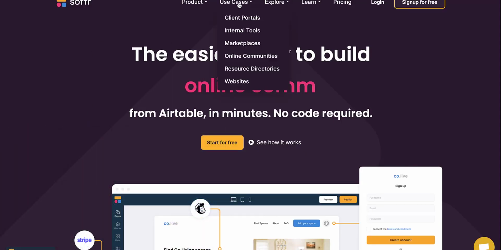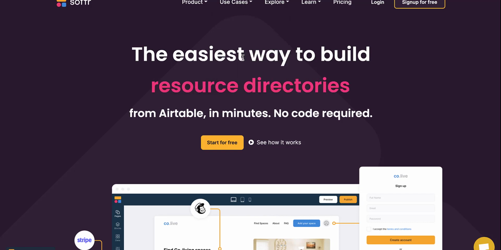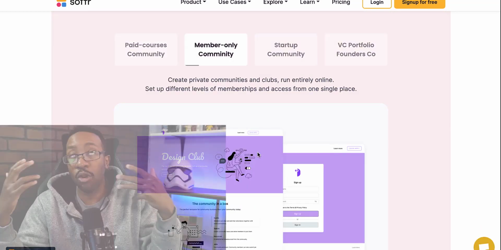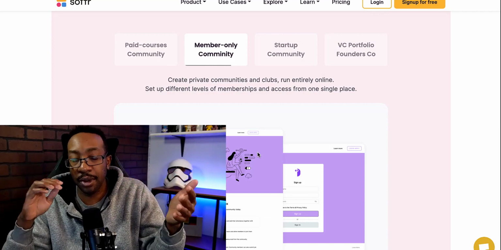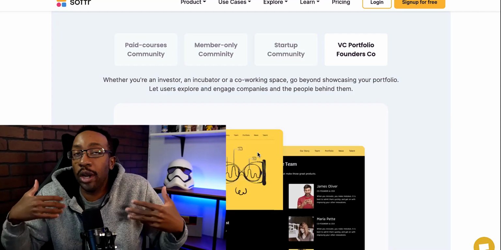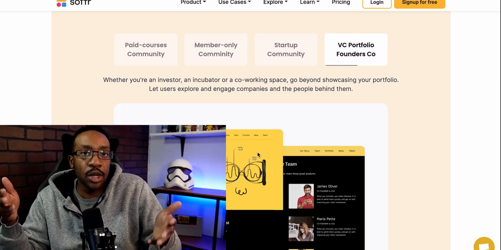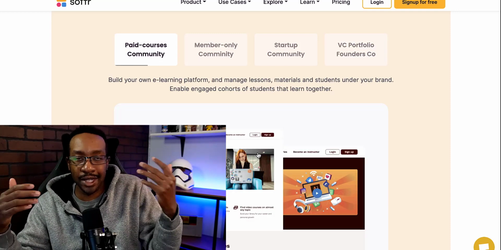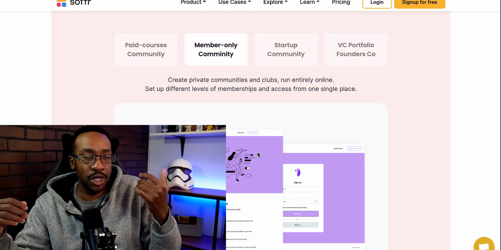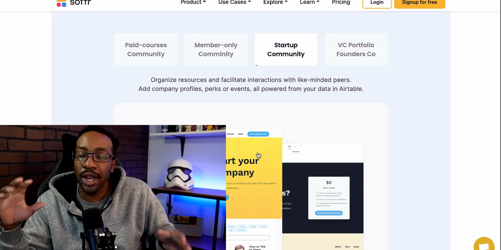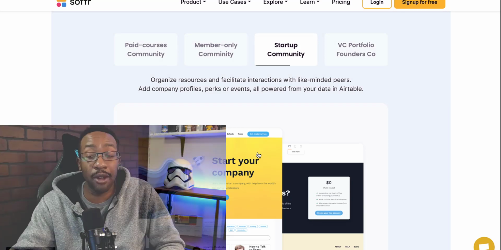For Softr, I would go to use cases, and here, I would actually look at the online communities. This is really important to keep in mind as we're going through these 3 options. There are so many different types of situations that you might need to create a school app. So I would first write down, or put in the comment section, what kind of functionality or features you need to run your school. Is it completely online? Are you doing it as a hybrid? What do you need to do? Do you need to issue certificates? Do you need to be grading assignments, have quizzes, all of those things? That really allows you to pick the right kind of platform for you.